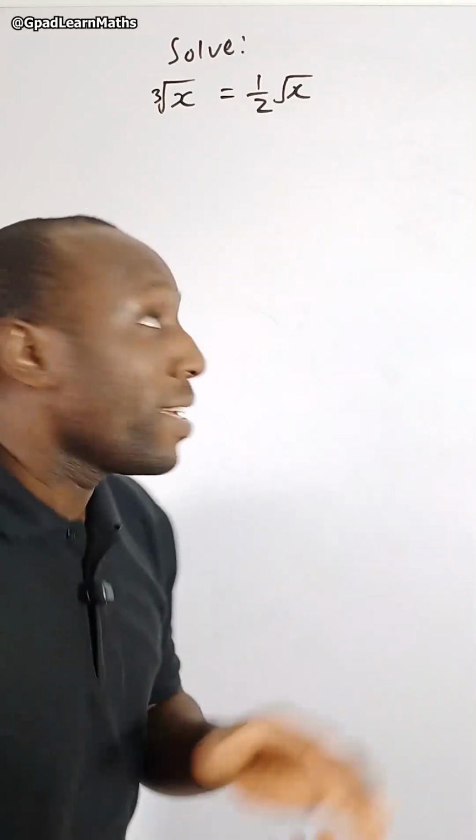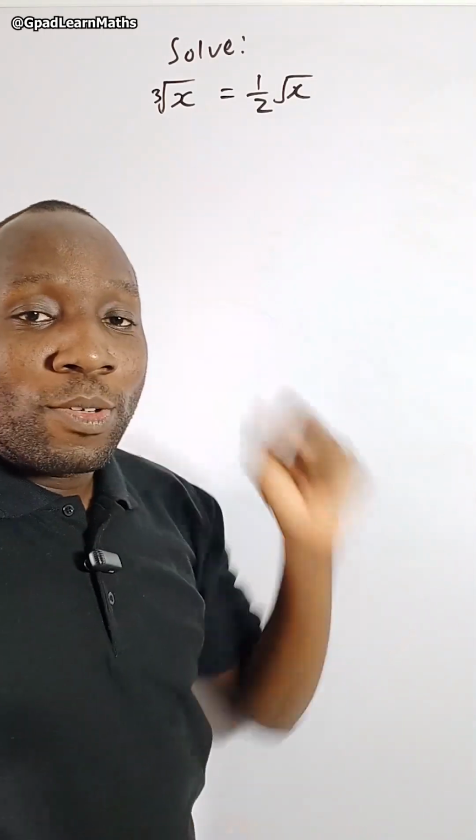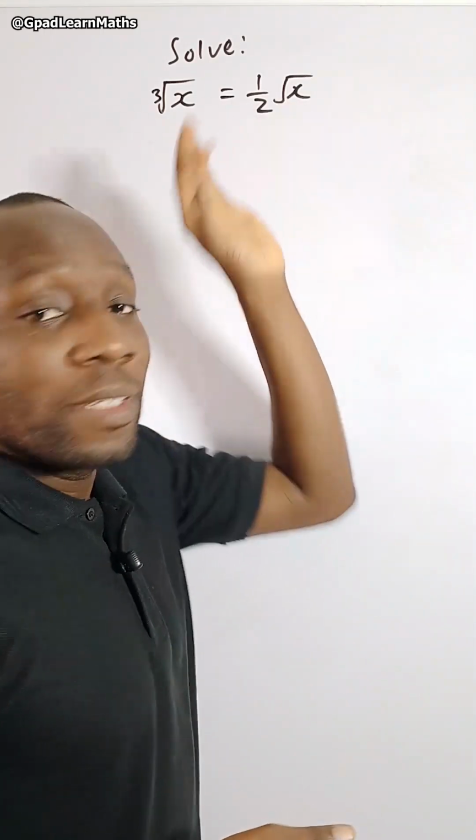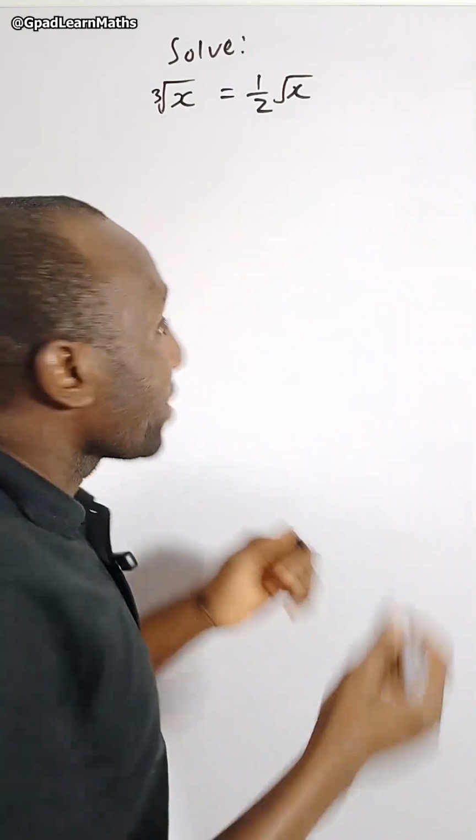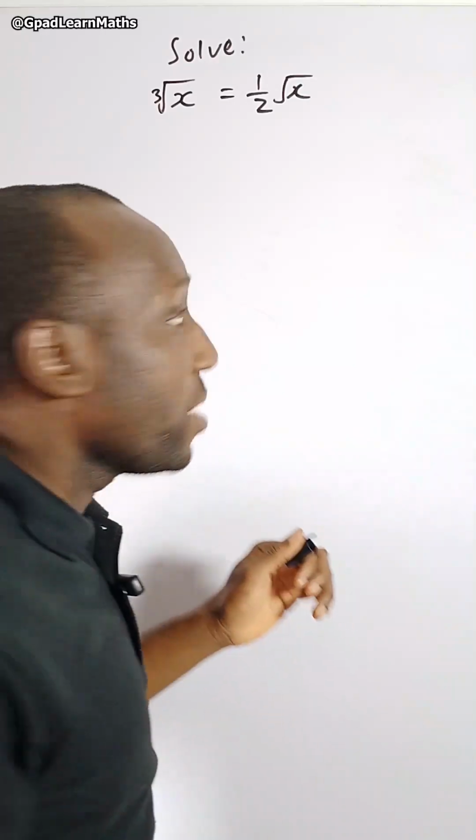Let's solve this equation which says the cube root of x is equal to what? 1 over 2 the square root of x. Now, I am going to rewrite the cube root of x as, let me show you one law of indices,